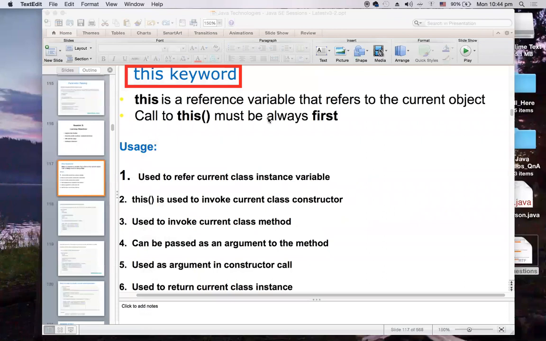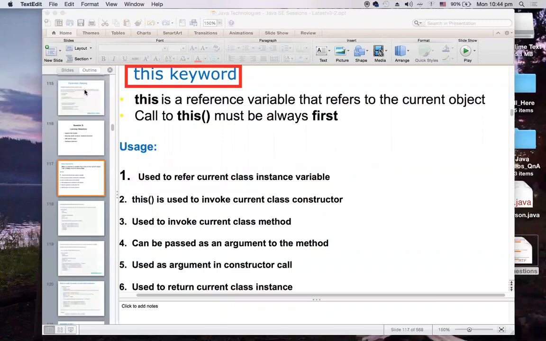There is a keyword in Java called this. Even if you have C++ knowledge, this is also a keyword in C++. In both languages, the meaning is the same. What is this?